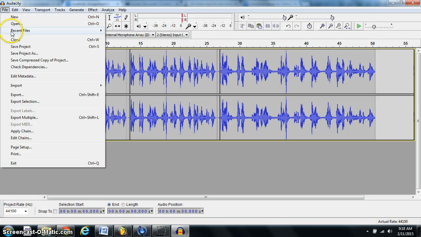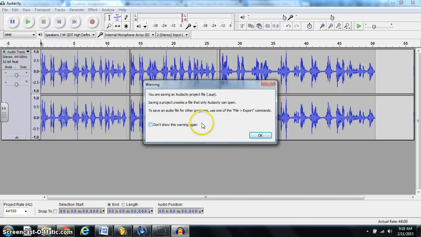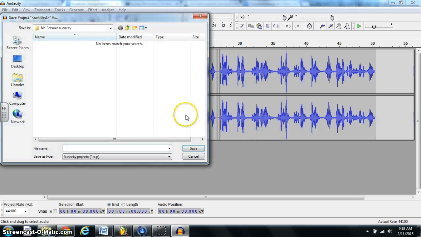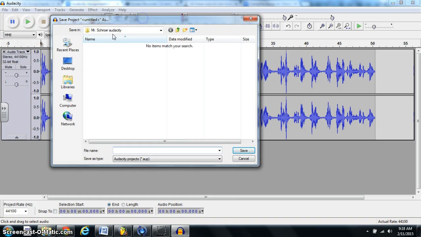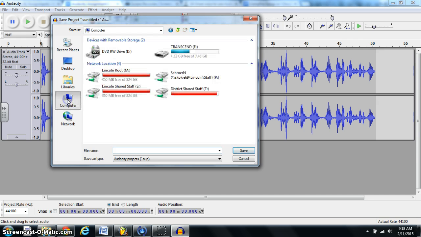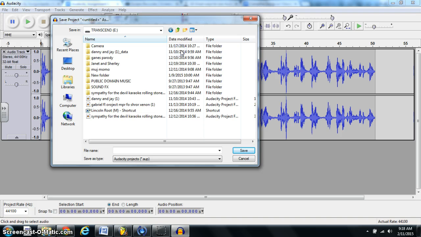You need to go to File and Save Project As. That's very important you do this. Okay, you're going to see this warning and you're just going to click OK. So you're going to save this file as a file that only Audacity can open. Okay, so it's kind of important that you do this. You need to find your USB drive. You go to Computer, and your USB drive is probably going to be called Transcend, which is the brand name